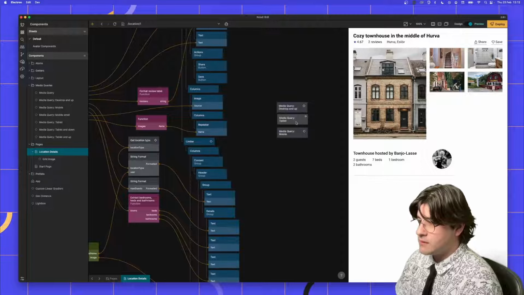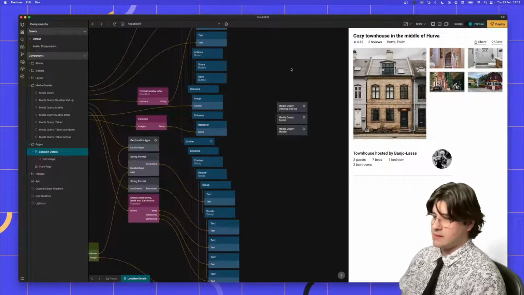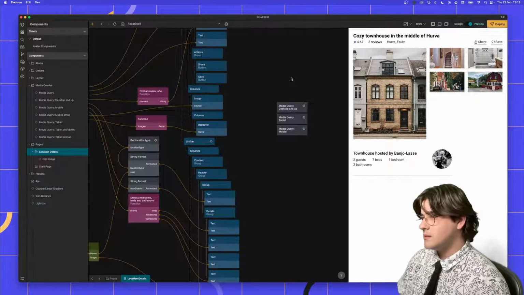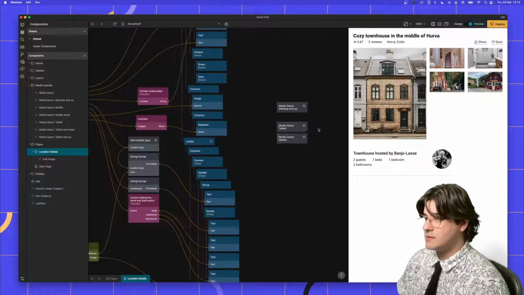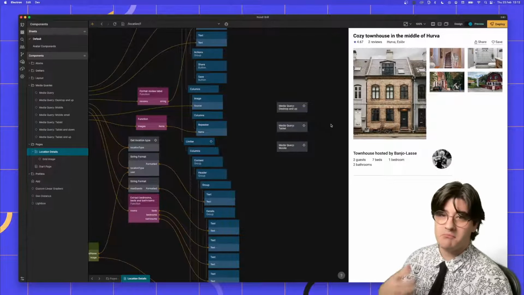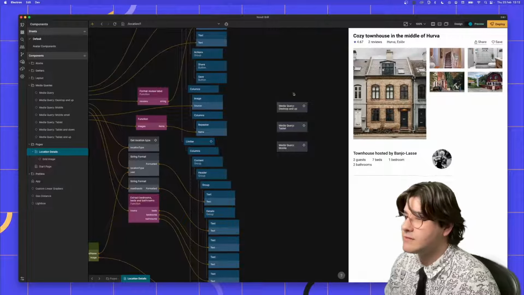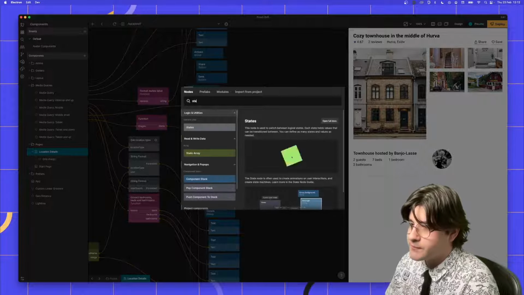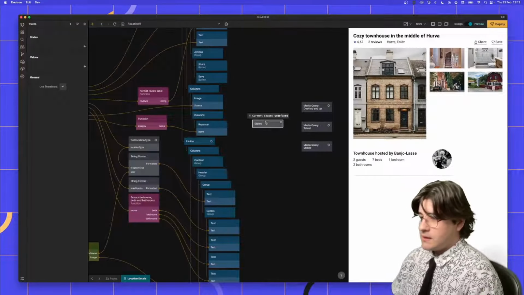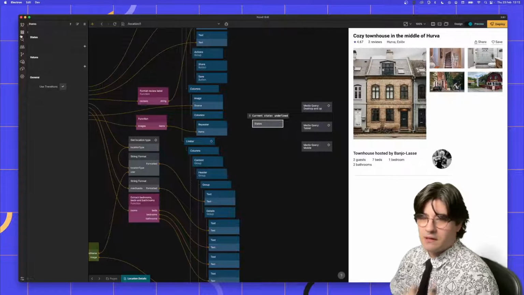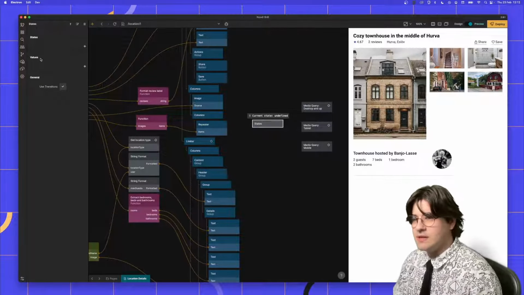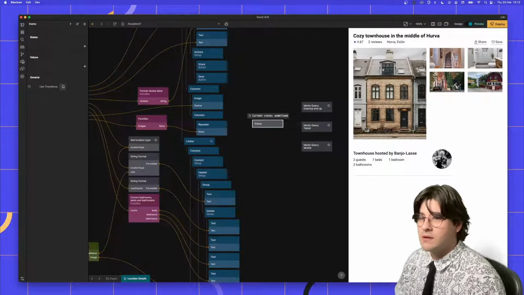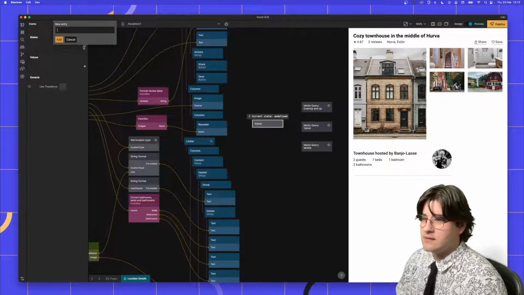So we have these three here. What these do is, this isn't the content of our media queries. This is just the trigger itself that says, do we meet the criteria for this media query? So actually what we're going to do is use a states node, if we can spell it. The states node is nice because it lets you define a lot of different states. And on those different states, you can have some values, and those values can be different for all the different states. So let's create, let's see here,